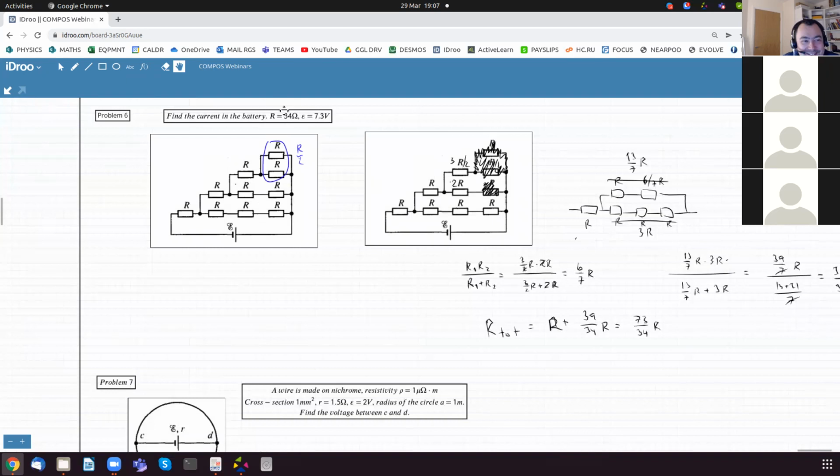And it looks like because in the question R is 34, so 73 over 34 multiplied by 34 ohms, it's 73 ohms. The total resistance of the network is 73 ohms, and we need the current in the battery. And the current in the battery, of course, is the EMF divided by the total resistance,